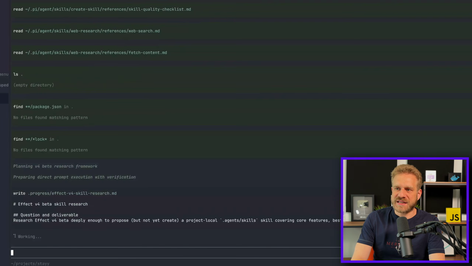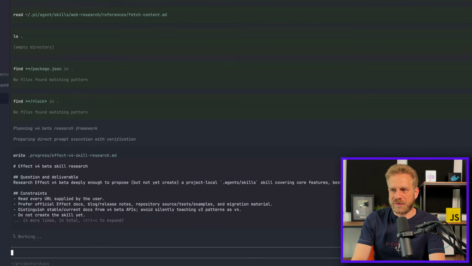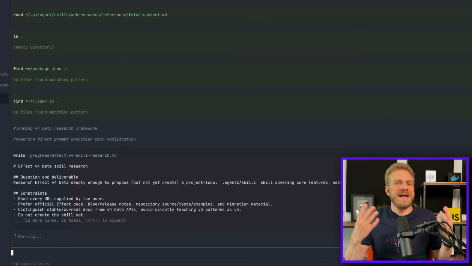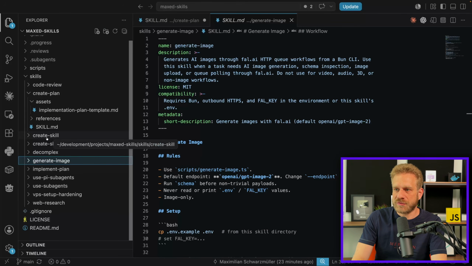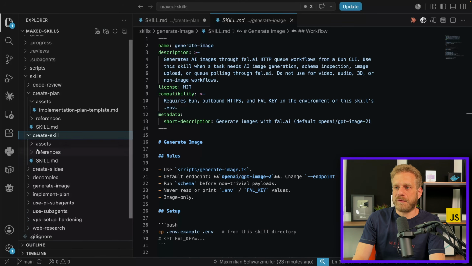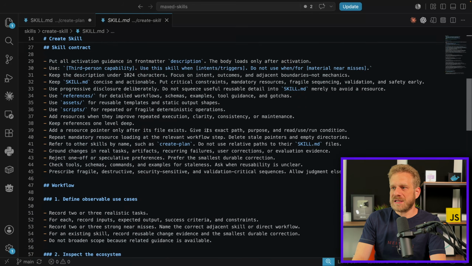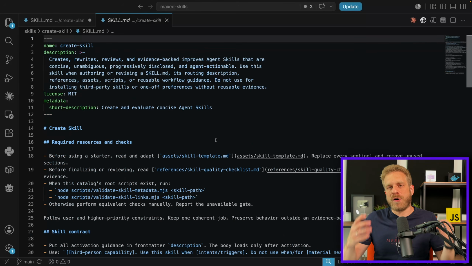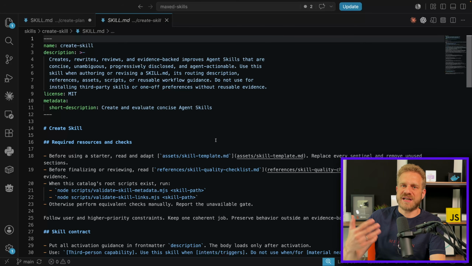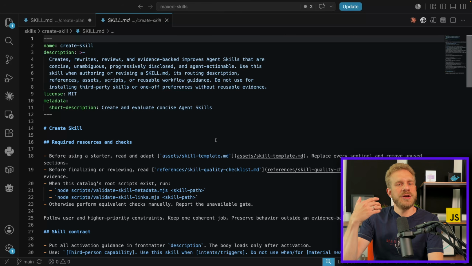And to help with that skill conversion, or in general with creating skills, because I like AI to create skills, I then fine-tune them myself, I have a create skill, which basically encodes the best practices and patterns I want AI to use when crafting skills. But then I'm happy to use AI to, for example, create such a knowledge skill that adds knowledge